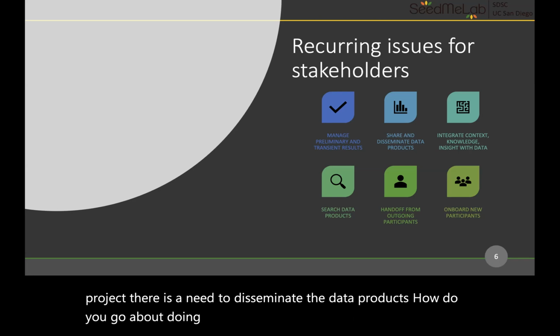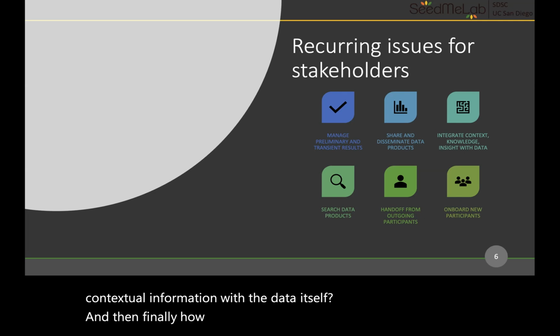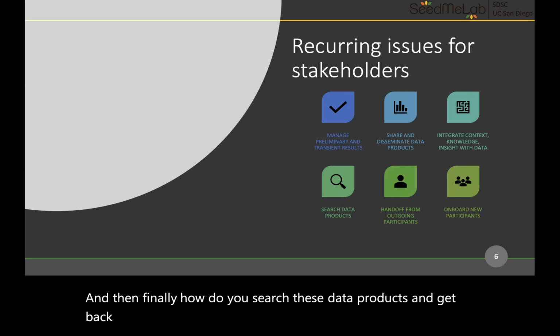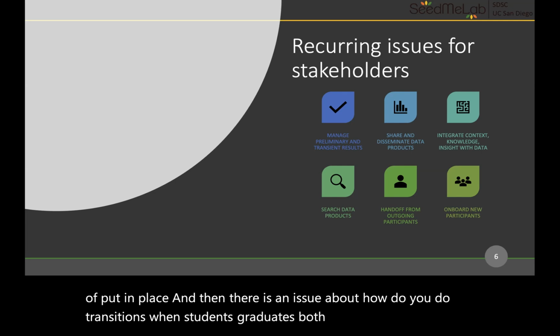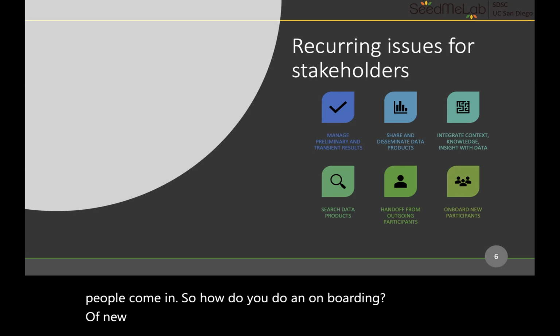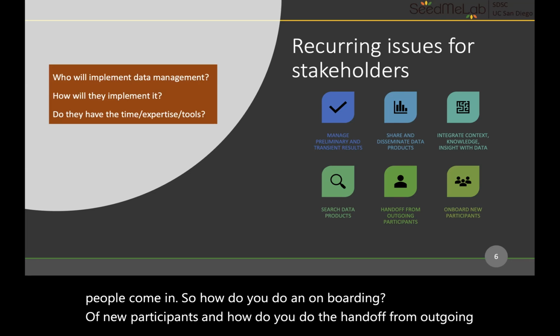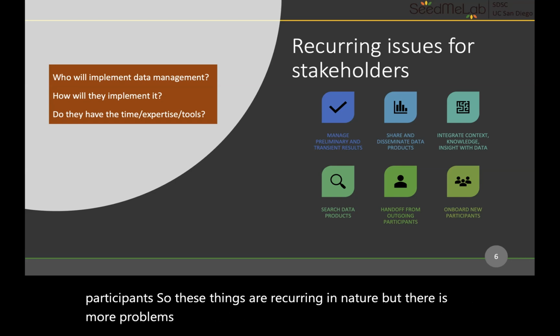And then how do you integrate this contextual information with the data itself? And then finally, how do you search these data products and get back the information which you already have worked so hard to put in place? And then there is an issue about how do you do transitions when students graduate, postdocs leave, and new people come in? So how do you do an onboarding of new participants, and how do you do the handoff from outgoing participants? So these things are recurring in nature, but there are more problems for stakeholders